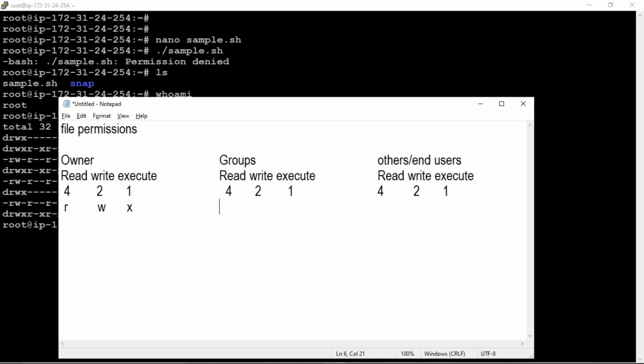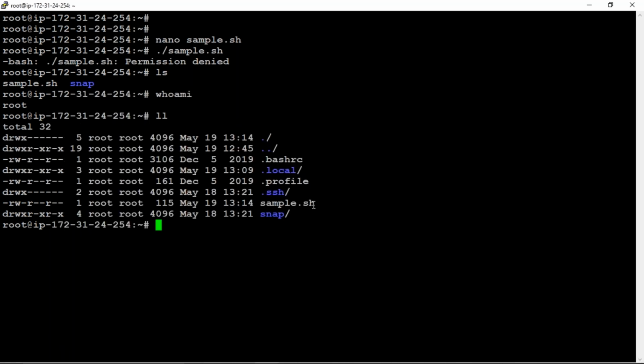For each read, write, execute operation it has these symbolic representations: read, write, execute. And next, read, write, execute. In the previous one, this is our sample.sh file.